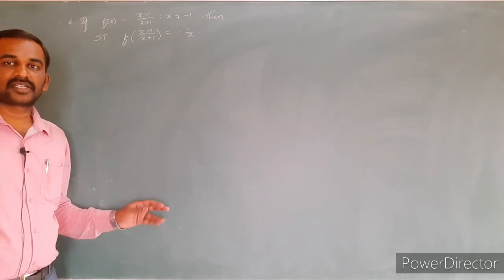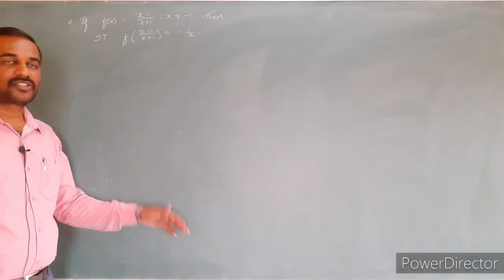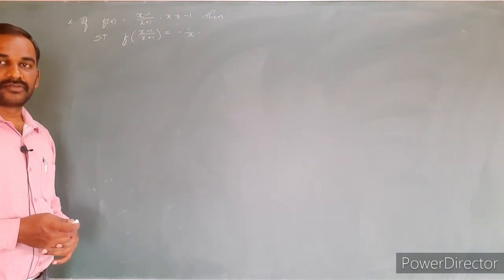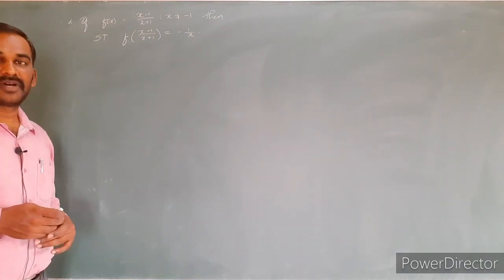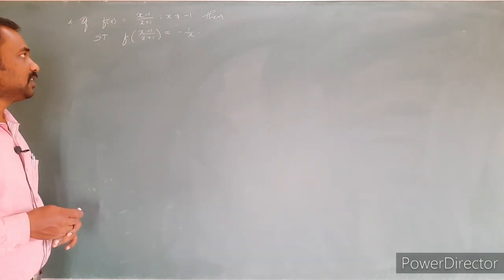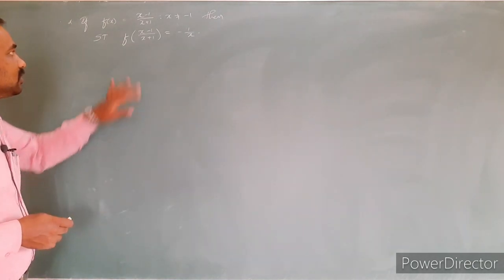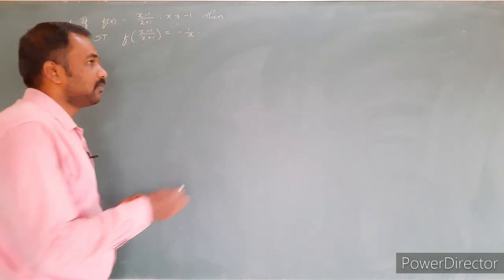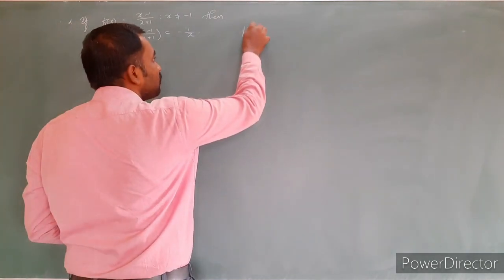Anyhow, either you can get the correct answer, no problem. If you got the wrong answer, just rectify your mistake. Here, if people have done the wrong thing, just rectify and try to avoid it. Okay, so here directly one step they have evaluated, that is nothing but, instead of asking that find the f